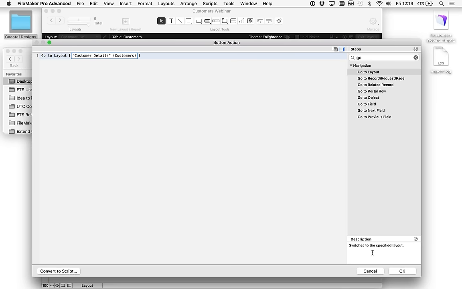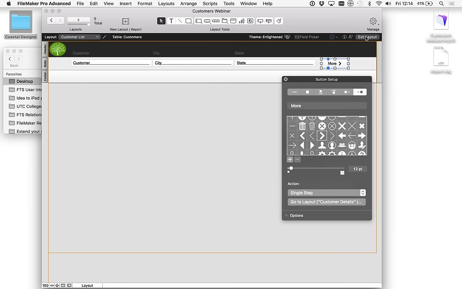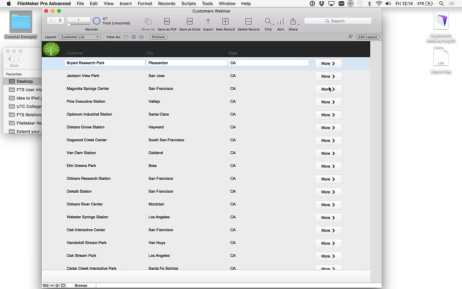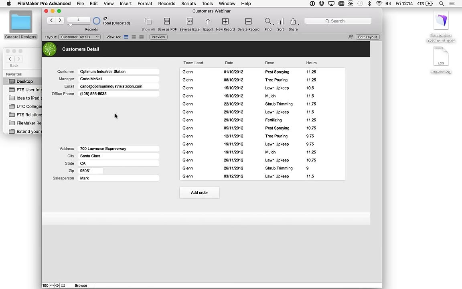You've got some nice little help down here on the bottom right. If you are new to FileMaker and you want to know what all these script steps mean, there's only 130 of them, but it gives you a nice little bit of help here. And clicking on that question mark also takes you to the fuller help file, with some examples. So let's see how that looks. Exit the layout and save that, and then great. So we've got a nice bit of navigation there,